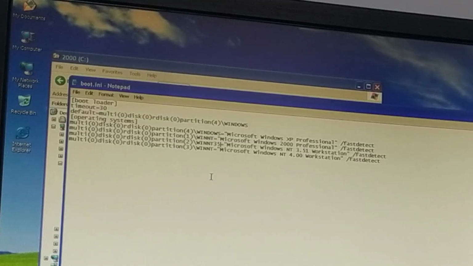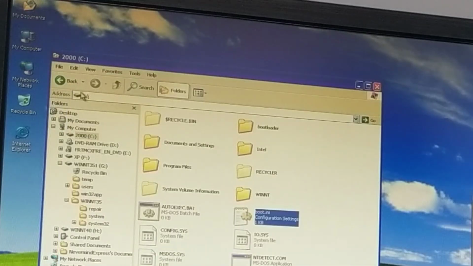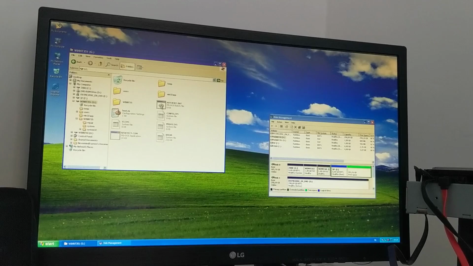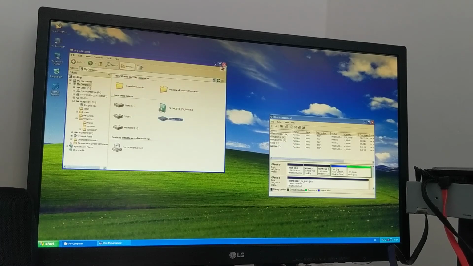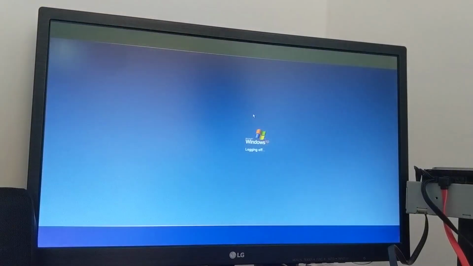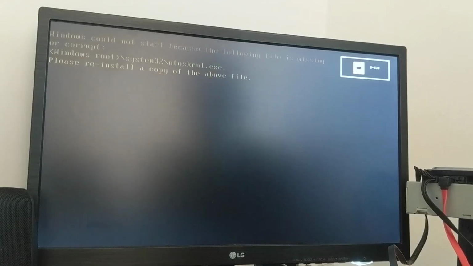There is no 1, it's only 35, as we can see from here. 35. And let's go reboot to the